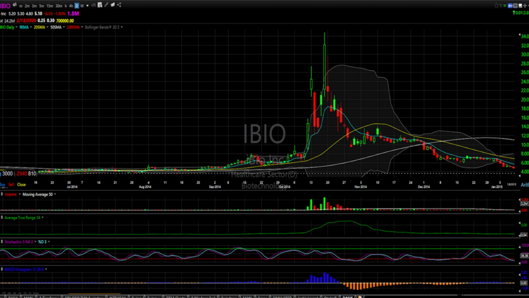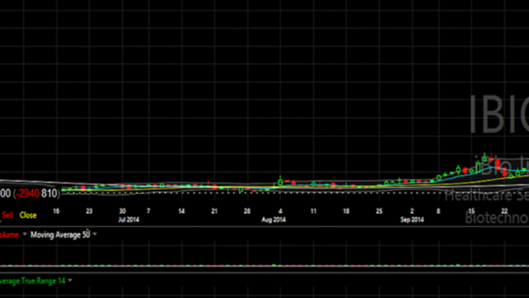And here, I'll show you a perfect example. This is a stock from a long time ago. This is iBio, right? This is all accumulation phase. And you can see you've got some green candles, but there's nothing really big. There's no big red candles, which would signal a sell-off. And there's no big green candles, which would denote a whole bunch of people buying stuff.